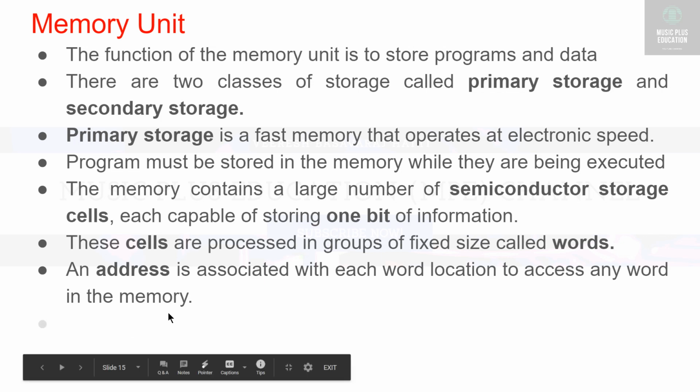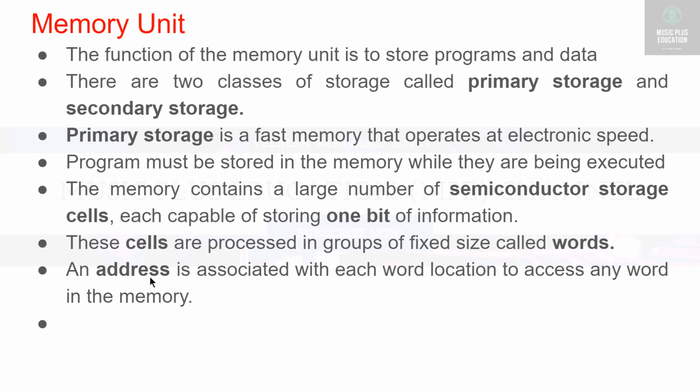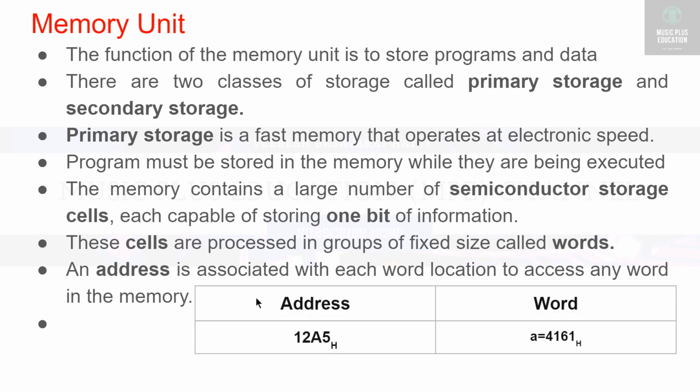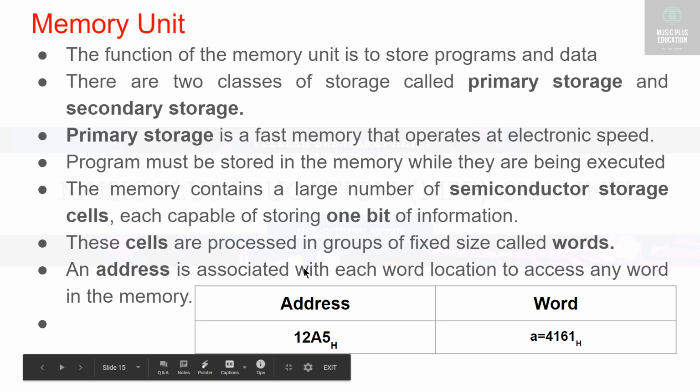Each and every instruction and each and every piece of data is given an address, in order to access it from the memory. The address is also called the memory location, one and the same. So this is the word now. For example, I'll press 6536. 6536 is a decimal number. What does the processor do? The processor converts that decimal number to hexadecimal and stores it in the memory.